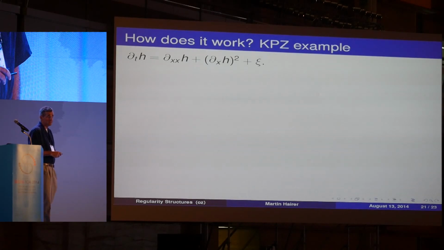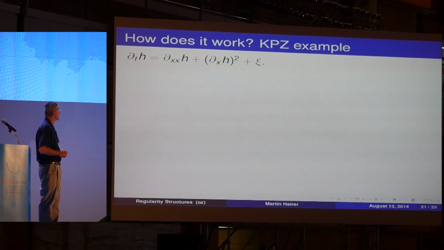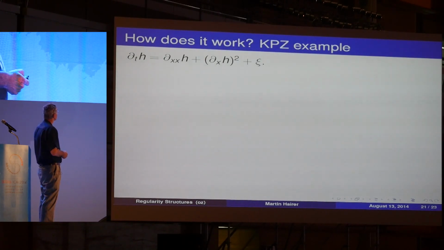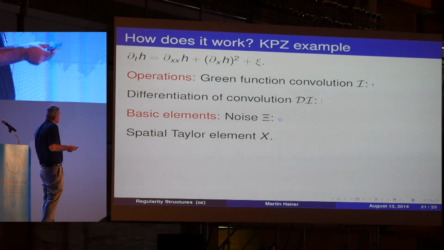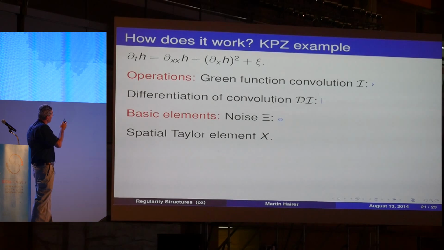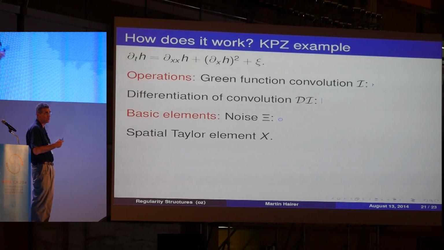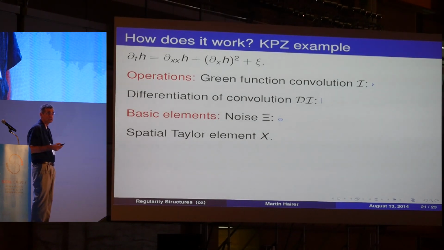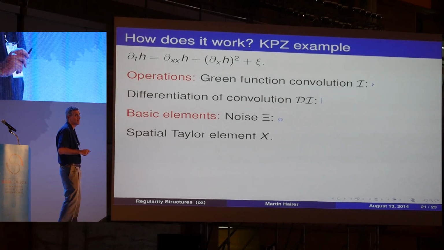I would like to just quickly show you how the computation goes without explaining in details what is going on. So this is a KPZ example. There are some basic operations. If we didn't have the quadratic terms there, then we know that a convolution with a green function would be important. So Hairer, who is also a very talented programmer and has other talents that I let you read over the internet,